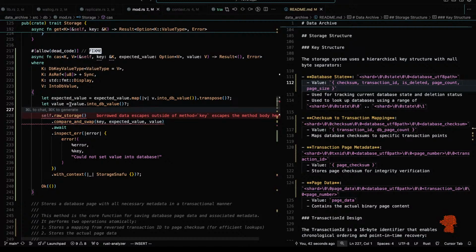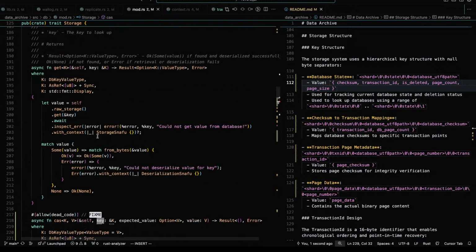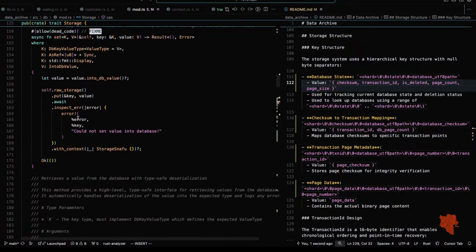What's bugging me about this is that it works for the other function, but not this function. What is different here?